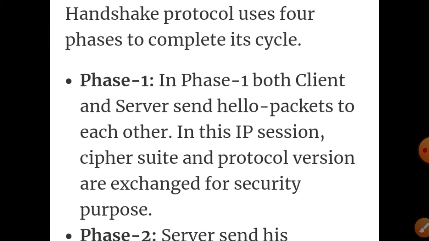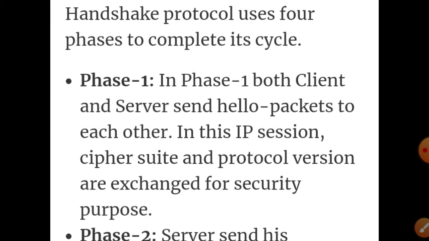Also in this session, the cipher suite and the protocol versions are exchanged for security purposes. The cipher suite contains which algorithms it is using for encryption and decryption, and then the protocol versions, which protocols it is using, whether it is using SSL 1.0, and so on.